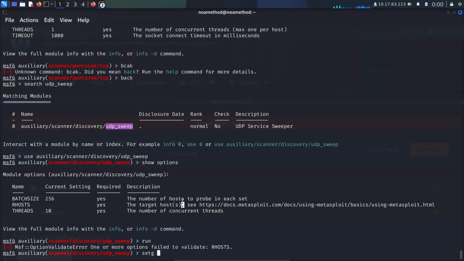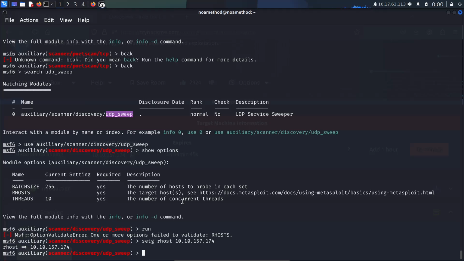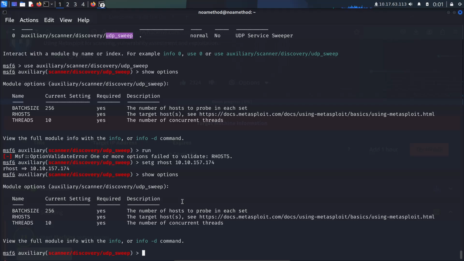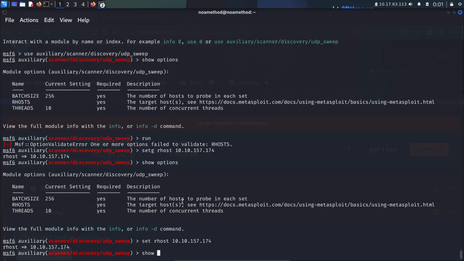We can set the RHOSTS and then show options. Set RHOSTS. That's the option.